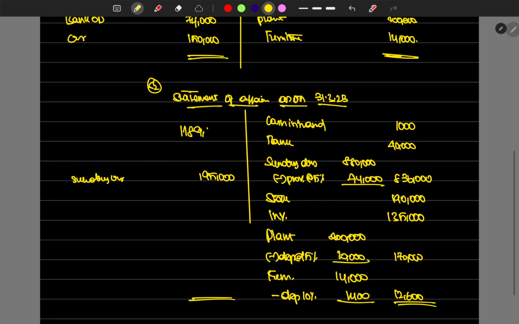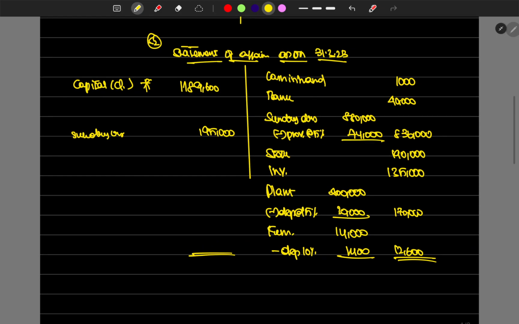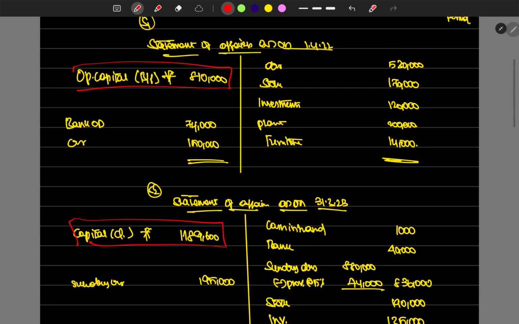That is the closing capital. Okay, then we have got the closing capital as well as the opening capital,